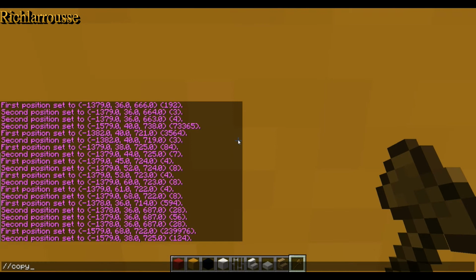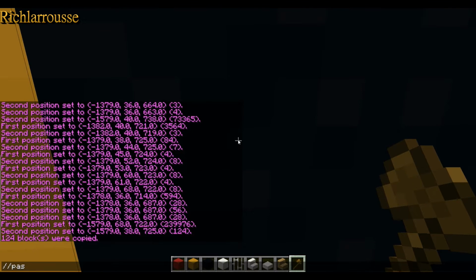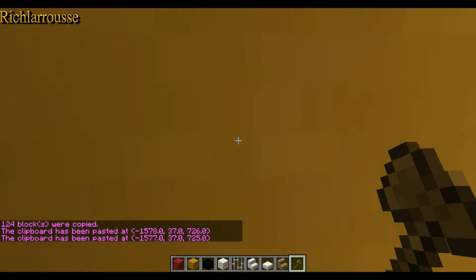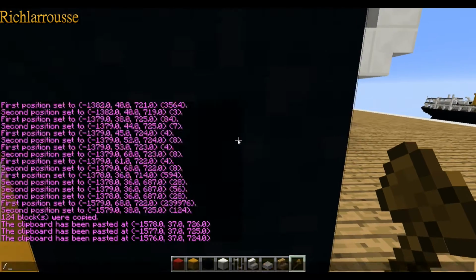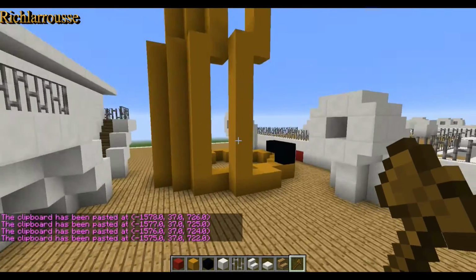So copy, like so, and then I'll just paste it in all the sections. So paste there, and then there, and then there, and then on there. And as you can see, the first sections are in place, and then you just do the same across the